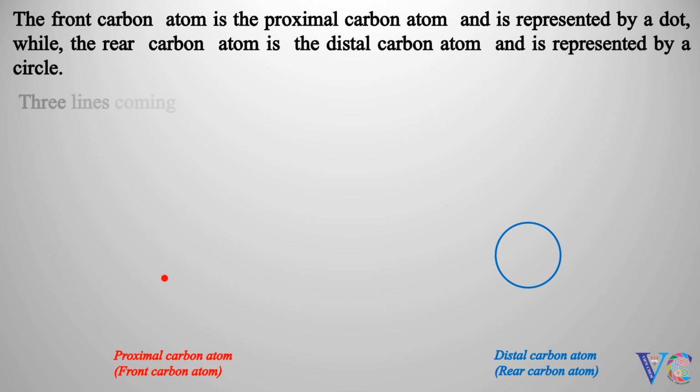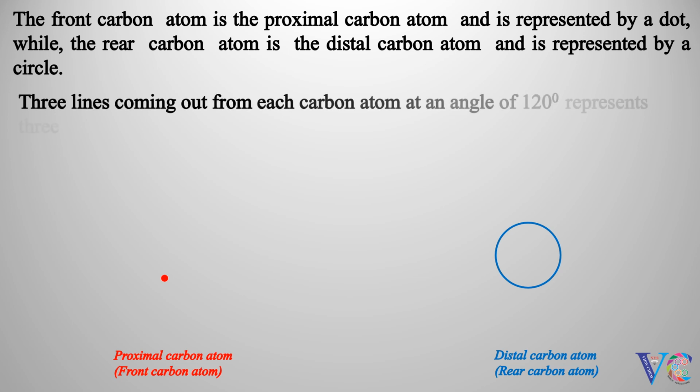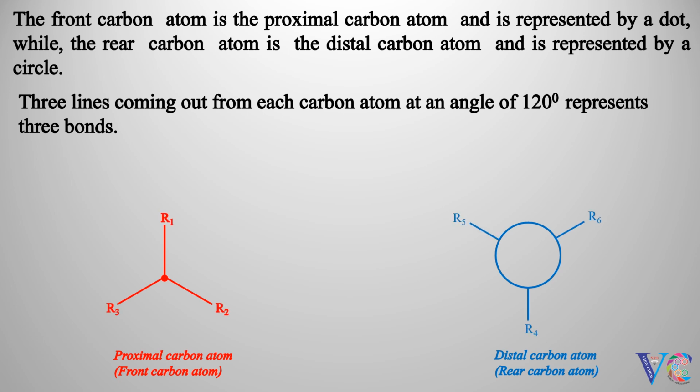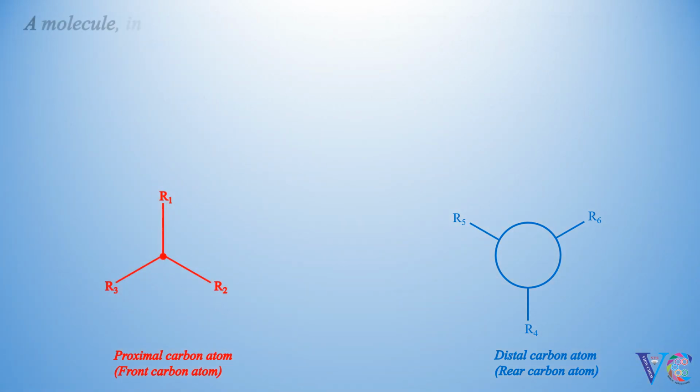Three lines, coming out from each carbon atom, at an angle of 120 degrees, represent three bonds. A molecule, in the Newman projection formula, can be viewed as